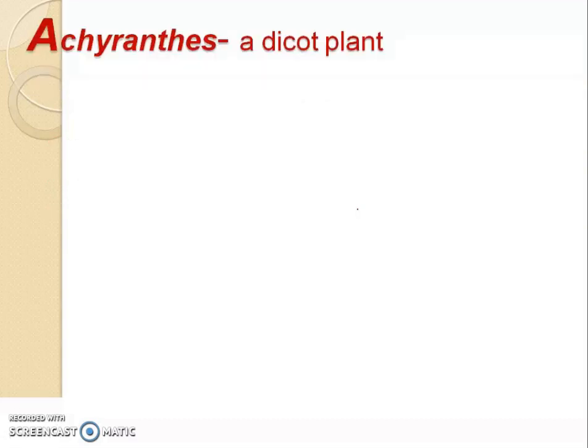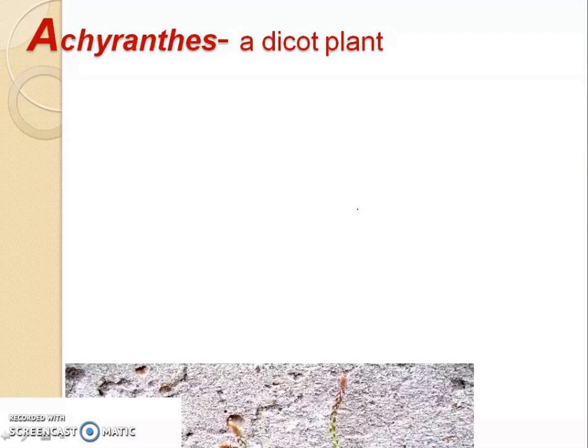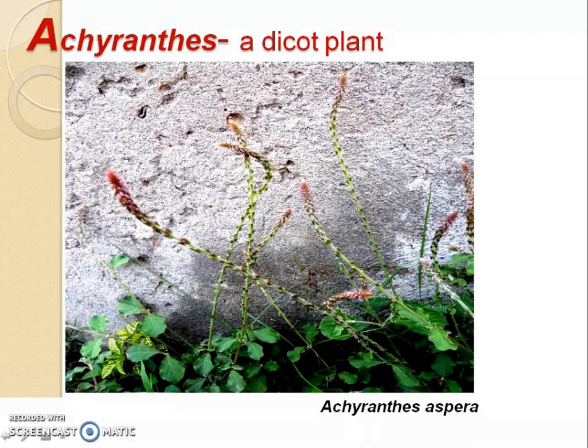Now, as per the requirement of the syllabus, we have another plant, a dicot plant, Achyranthes. Achyranthes is a common herbaceous plant found in the wild state or field region in Haryana. This picture is the Achyranthes aspera. This Achyranthes aspera is also known as ulta kanta or putkanda, because here in this case these spine-like structures are towards the inner side. So this appearance is ulta kanta.